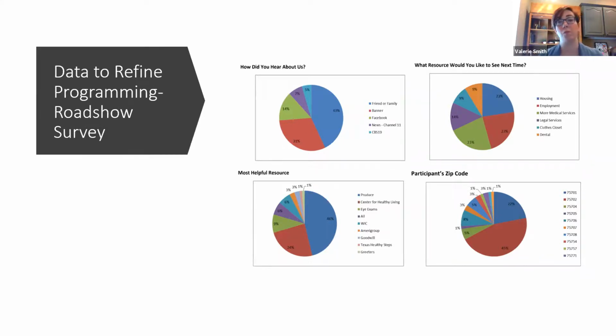We also asked people what was most helpful for them, because maybe we've got things coming or people who are there who we don't necessarily need to keep going with, right? And to keep pursuing. And so you see that the actual food was the most helpful for people, which makes sense. That's really what drove most people to participate or to come.